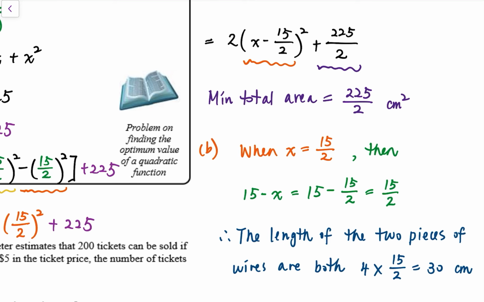The side of the other square is 15 over 2, which is green in color. And that will give us the length of one side of the square. For the square, there are 4 sides, so I have to take 15 over 2 times 4. And therefore, the length of the two pieces of wires are both 30